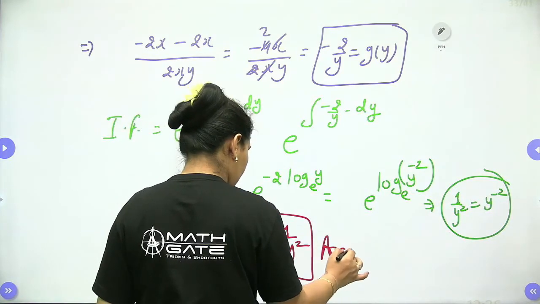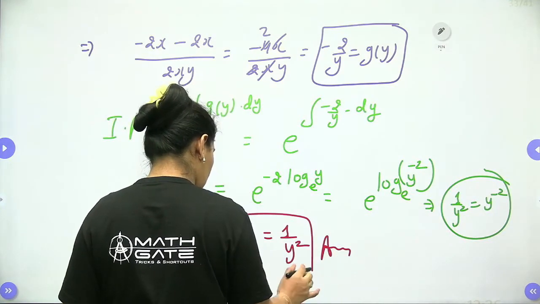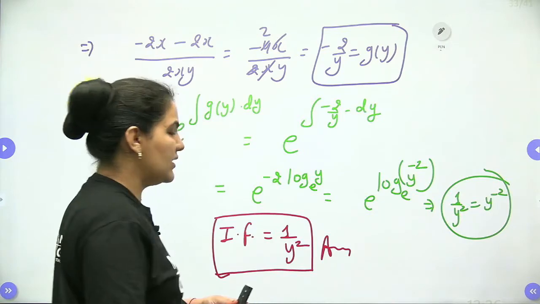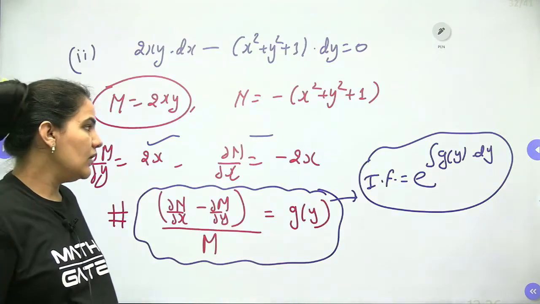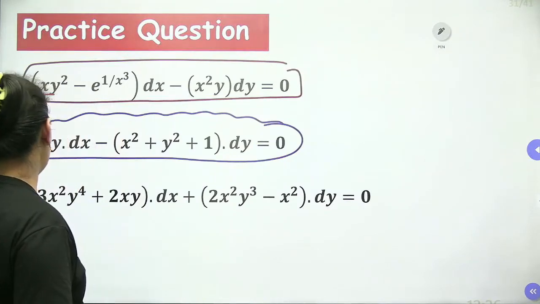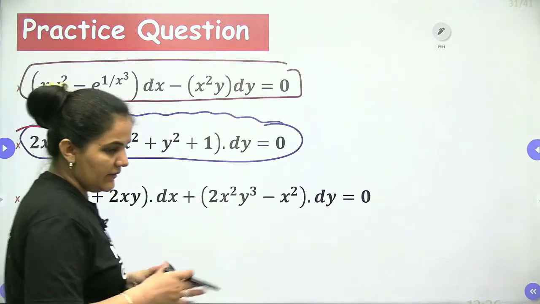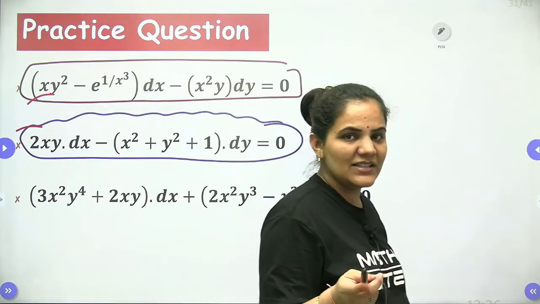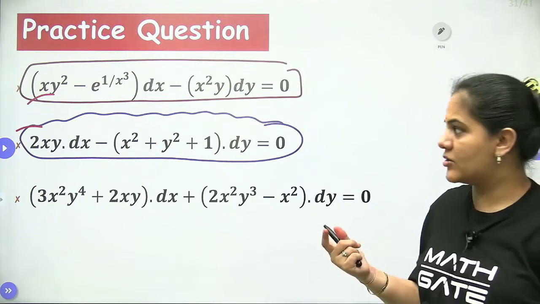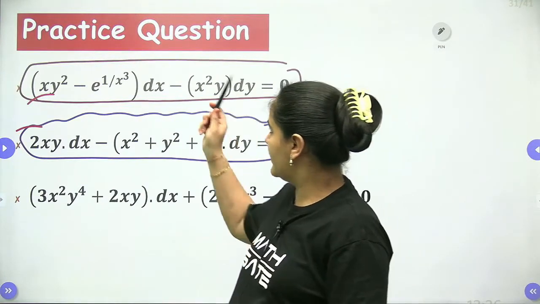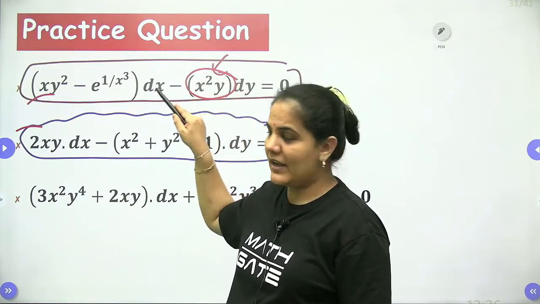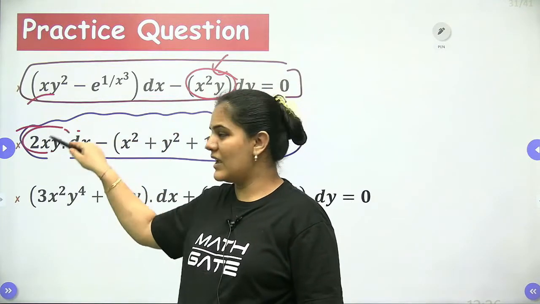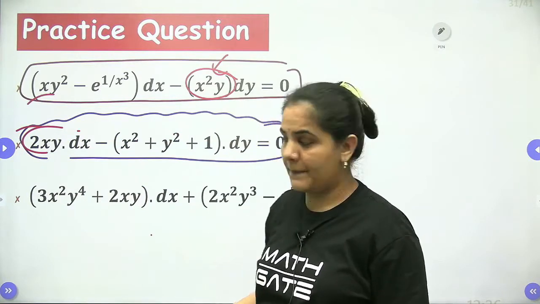Is it clear to everyone? Again, it's a simple thing to approach, and I think it's easily approachable for every student. In the first and the second question, we can easily identify which one is smaller. Here the smaller quantity was N, so that's why we divided by N. Here the smaller quantity was M, so that's why we divided by M.